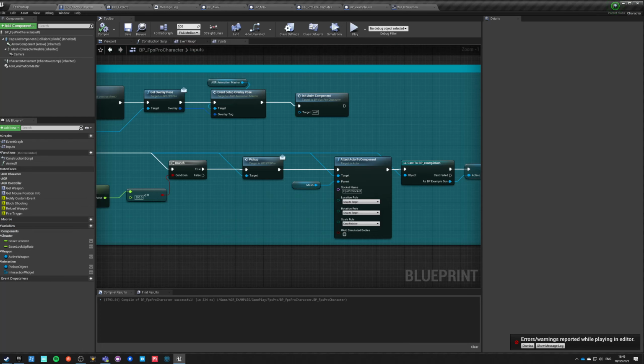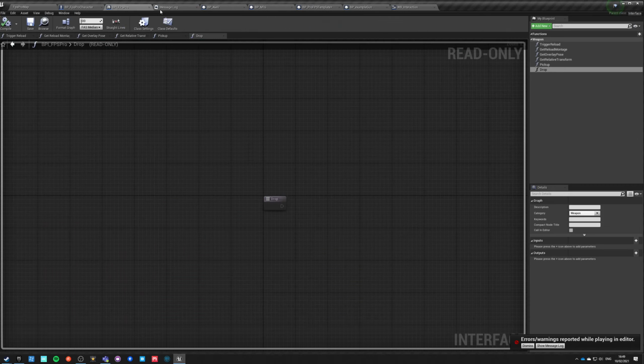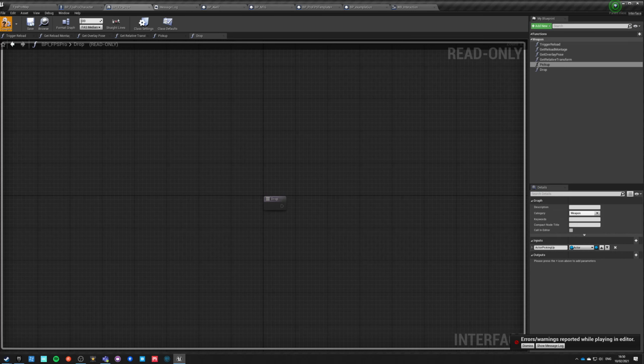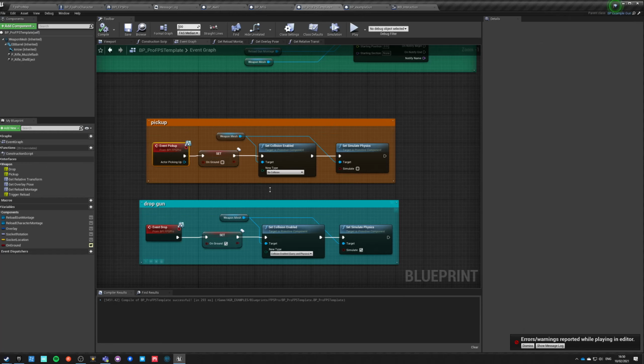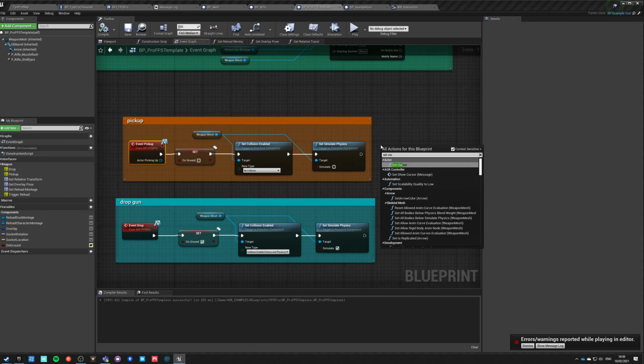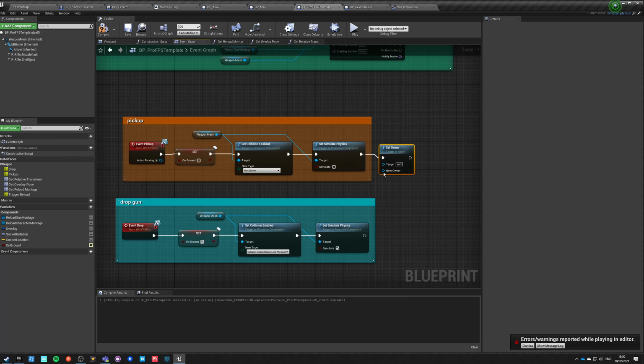We go into our pickup and drop. So on pickup we need to have an input reference of actor picking up, and this will be an actor. And like we said, we are doing it only on the server, so if we go into our weapon, now that we have this pickup actor, we can also set owner, which is super important.